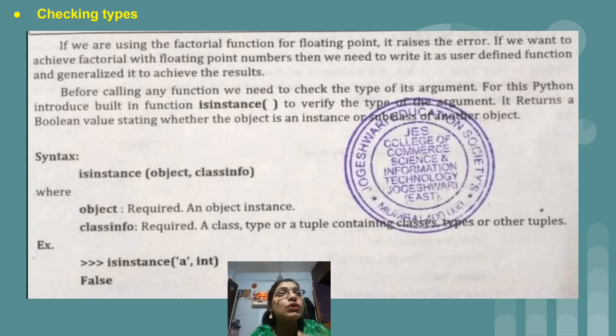But as we know that a is a string value, not an integer, we will get the output of this function as false. Why? Because the object and its information do not match, they are clashing. So this is called isinstance.